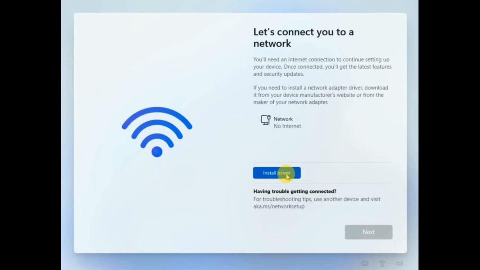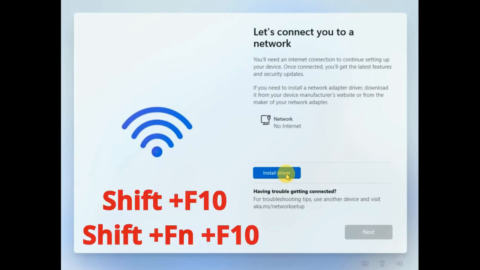In this video, we'll see how you can install Windows 11 without internet, because in Windows 11 you have to make sure you provide internet, then only you will be able to install Windows. But to skip that, how you can do it: when you see this particular option, you just press